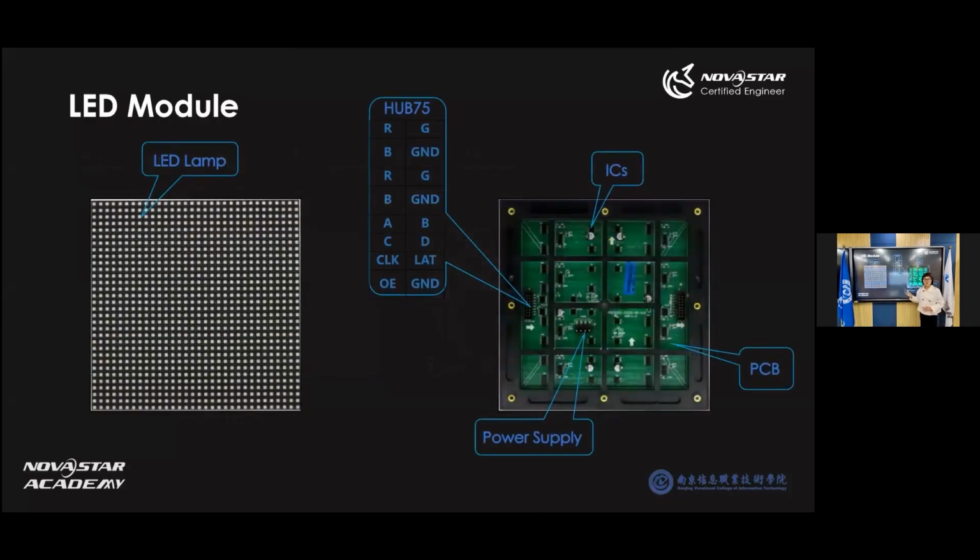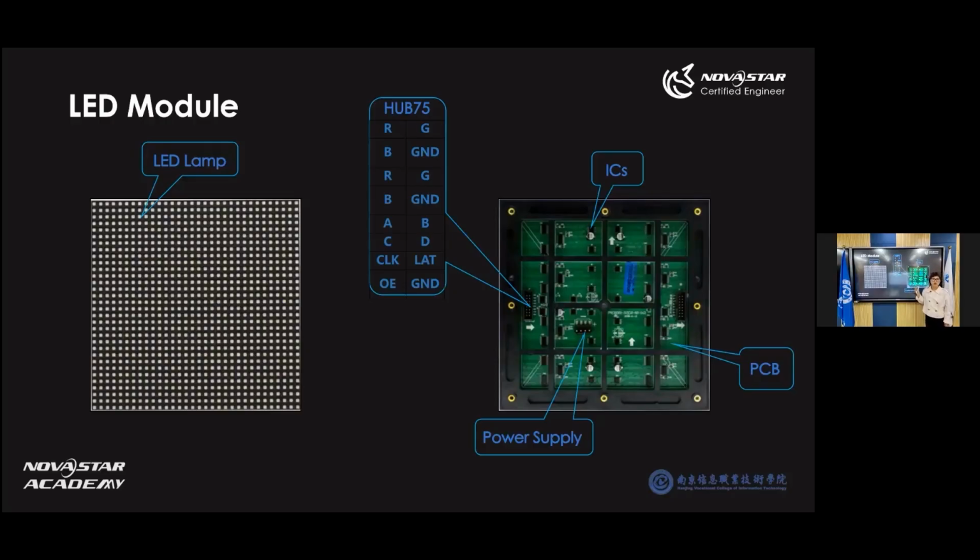If we take a close look, we can easily find out the module structure. It consists of the PCB, which we usually call the printed circuit board, the power supply connector, and ICs, including the driver IC and the decoding IC. The driver IC is used to control the LED lamps in the vertical direction, and the decoding IC is used to control the LED lamps in the